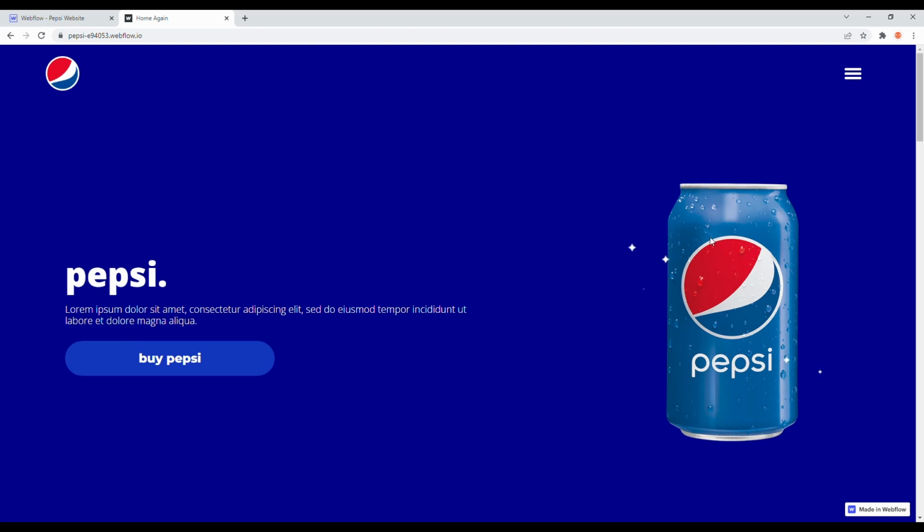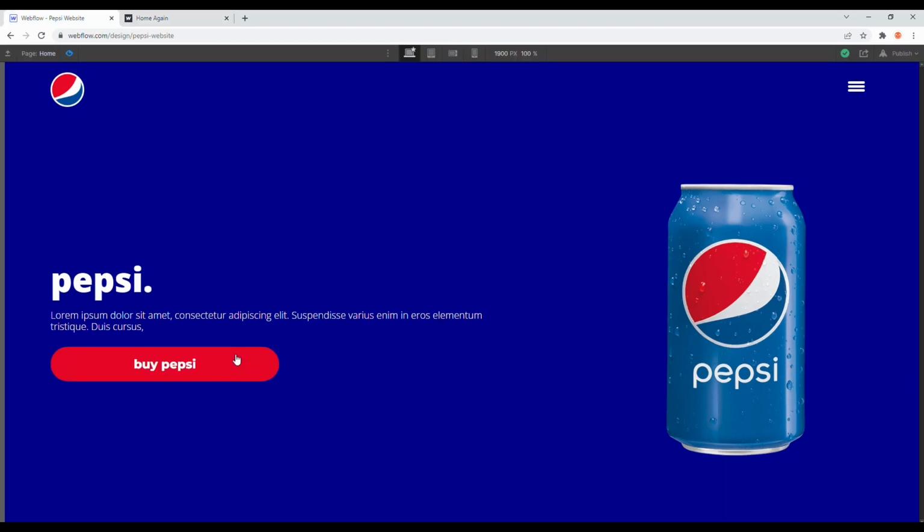Perfect. Let's look back here. Anything we're missing? No, I think we're good. We built a button that has this cool ripple effect, right? We have this amazing Lottie animation that shows up whenever you hover on this can. So yeah,